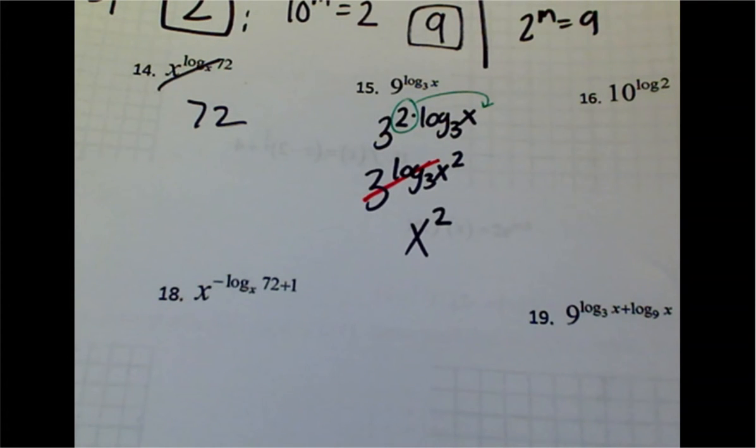So if it's x times log of a number, the x will become the exponent. And then if it's a number times log of x, it'll be